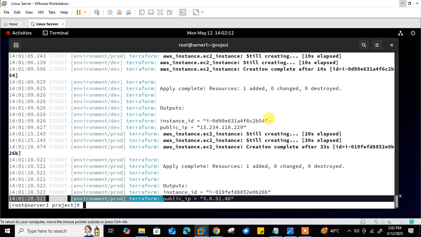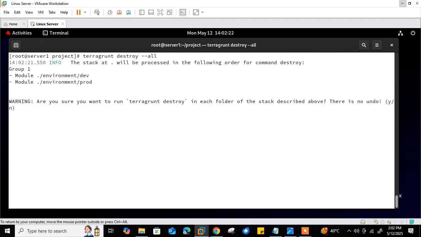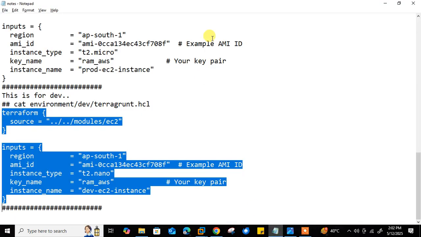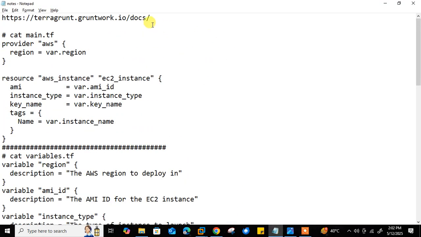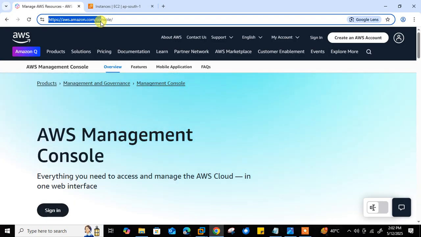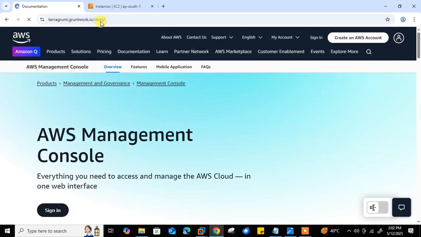Now move to the last step, which is cleanup. To clean up the resources and avoid incurring cost, run terragrunt destroy all, right? Destroy all. Again, are you sure? Yes. So you can just control everything from Terragrunt. Commands are available in the documentation, and I will suggest to everyone, please go through the documentation. I will share the link of this documentation at the end in my video description. So please go and read it and implement this with your Terraform project.